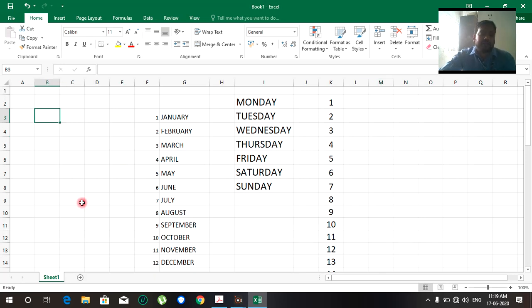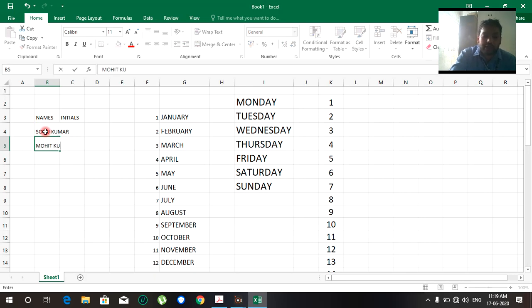For example, I am putting in names, and second is initials. Now I am writing the names: Sonu Kumar, Mohit Kumar, Binit Ram, and Mohan Ranjan.